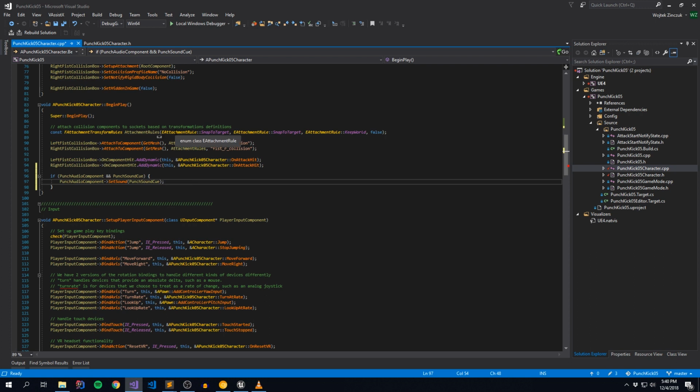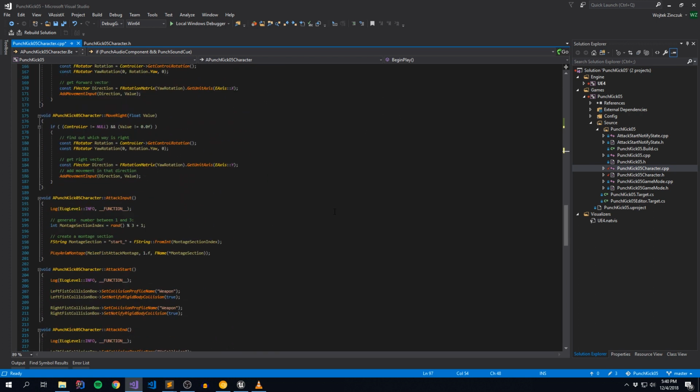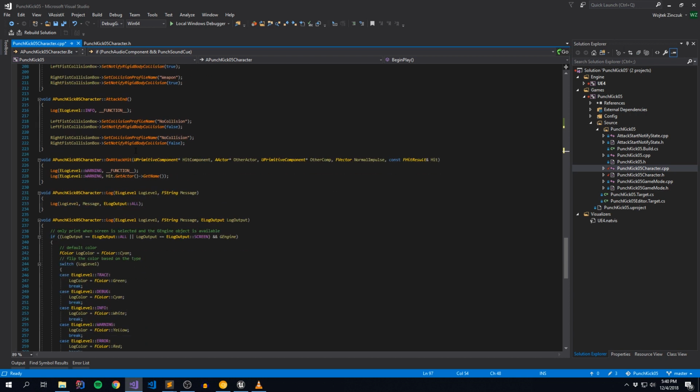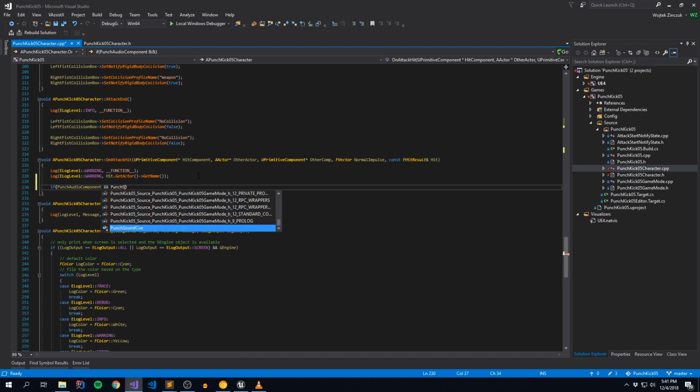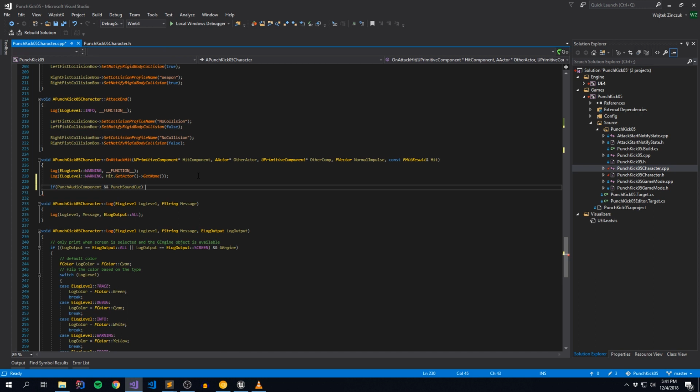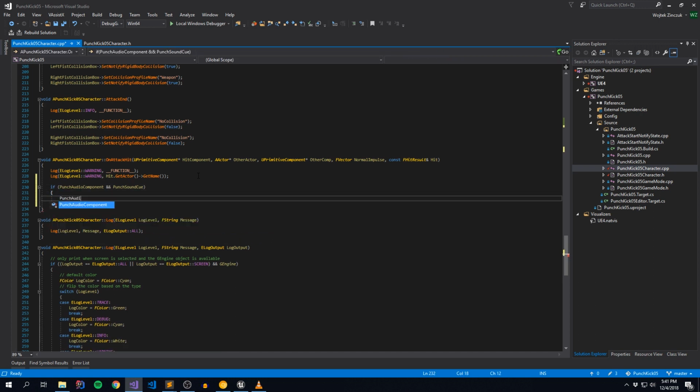So we have our sound, it's attached to our player, it's now instantiated and ready to play. So let's kick it off. And we have already this wonderful little method called onAttackHit, which we added in our last tutorial. And this is where our point of impact with our colliders occurs. So this seems like a really good spot to actually trigger the playing of our sound. And to do that, we can say, hey, if the audio component is ready and our sound cue is also not null, we're going to say punch audio component